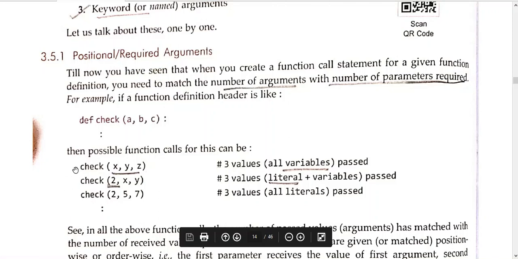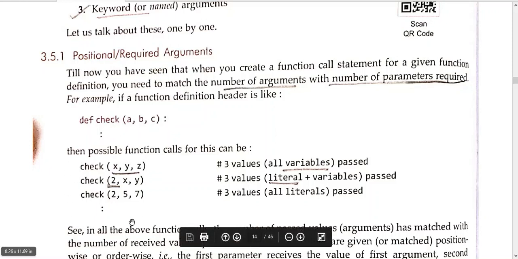Because there is no def written, and moreover we are supplying values here. And how do I know this is my function definition? Because def is written, that means we are going to define what the function will do. We define it with the help of the keyword def, and moreover at the end I can see a colon. So this is my function definition and these are my function calls.